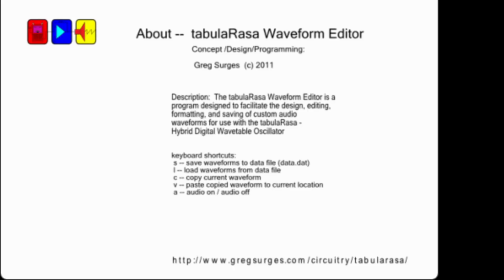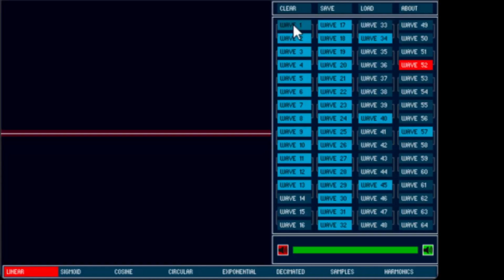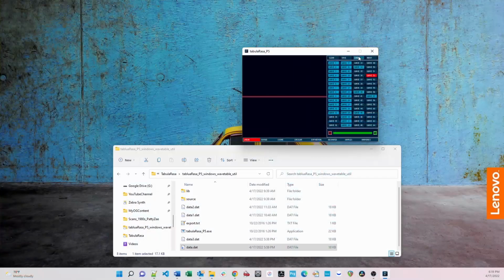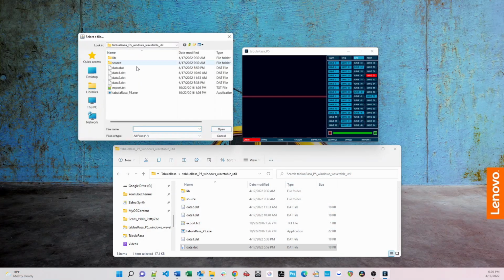This is a demo of the waveform editor for the Tabula Rasa digital wavetable oscillator. The first thing I'm going to do is show you that there are 64 slots for 8-bit waveforms. The second thing I'm going to do is show you that I can load a bank of waveforms